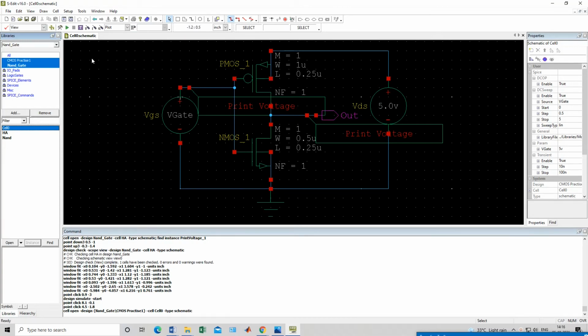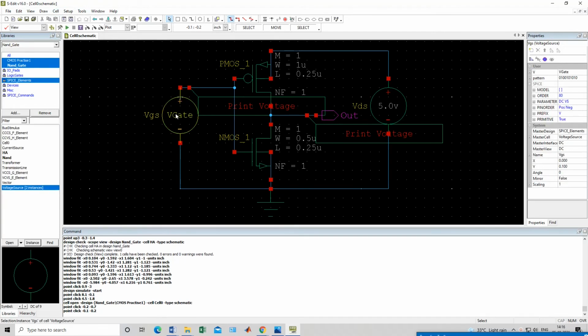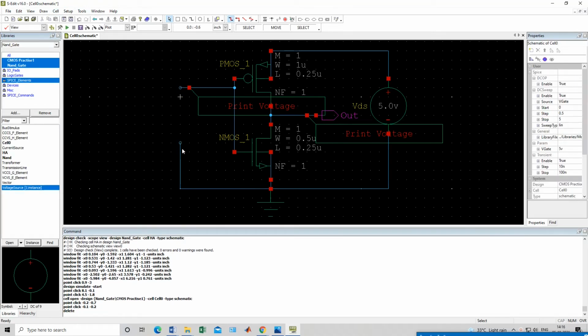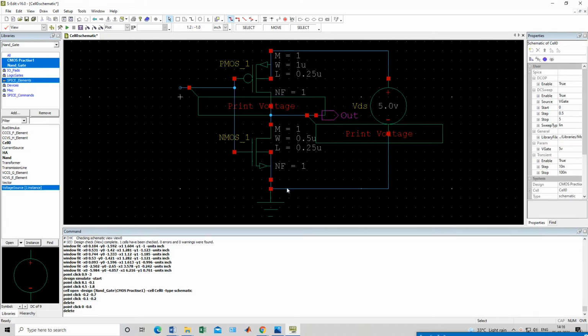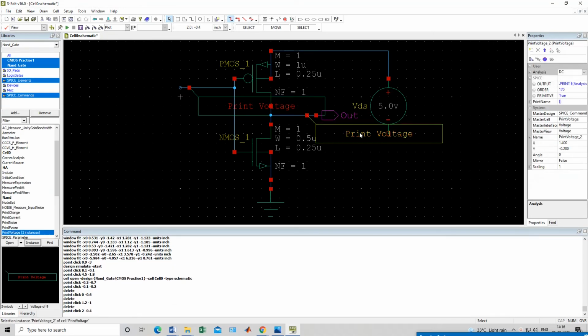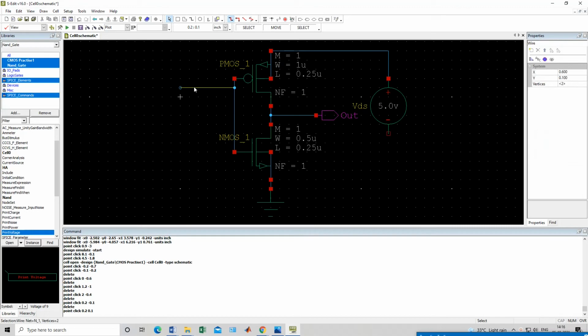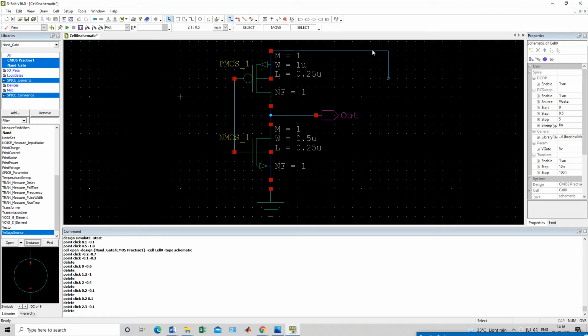If I generate the symbol of this, I will first remove the input voltage, and this VDD will also be removed. The output will be there and one input will be there.